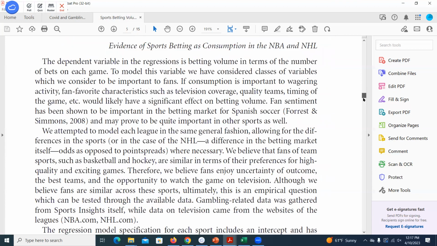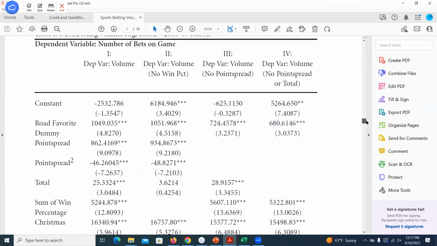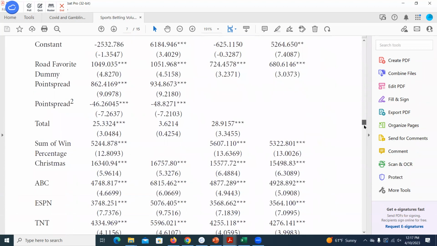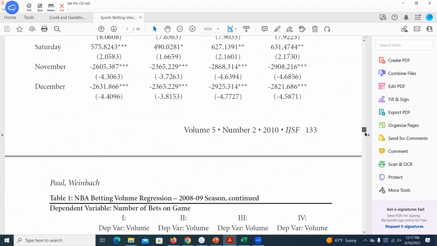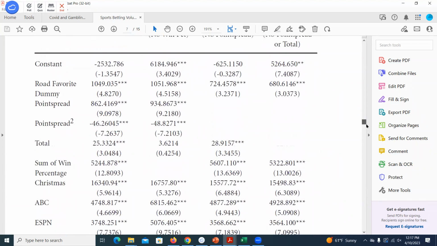So we'll come down here and look at their results. They broke this down into different categories. We'll primarily focus on this first one. It tells us most of the story. So if we look, did they not put their R squared in there? Oh, okay. They should have put their R squared in there. I was going to take a look at that first.